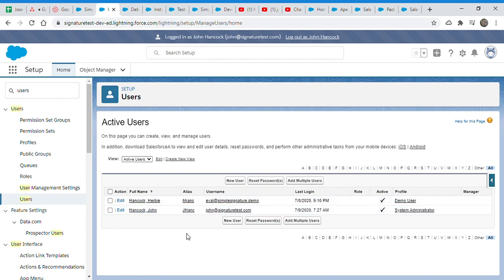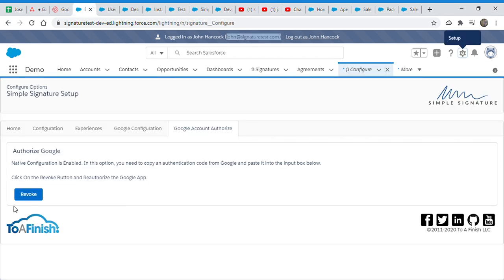Yeah, so we have another user, which is the demo user. Let's say the user ID is also the Gmail ID, something like eval at simple signature dot demo is his Google account as well. If he logs in and goes here, it will show authorize, not revoke, because revoke is for this account and this user.